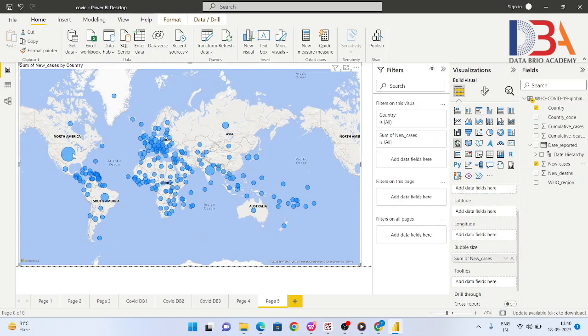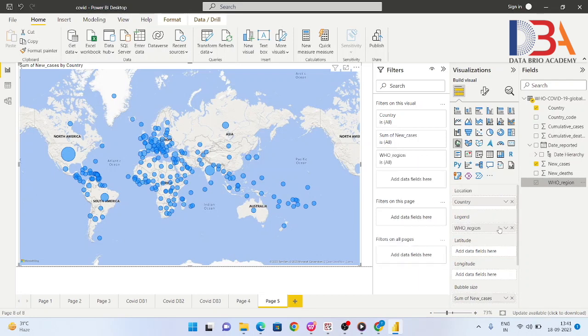Then I can see here that in the United States of America the new cases are more, and India is next, with the second highest new cases. And we will take WHO region over legend.